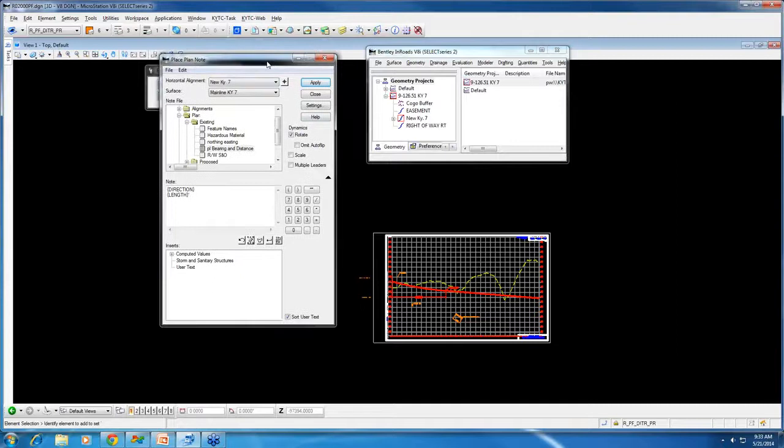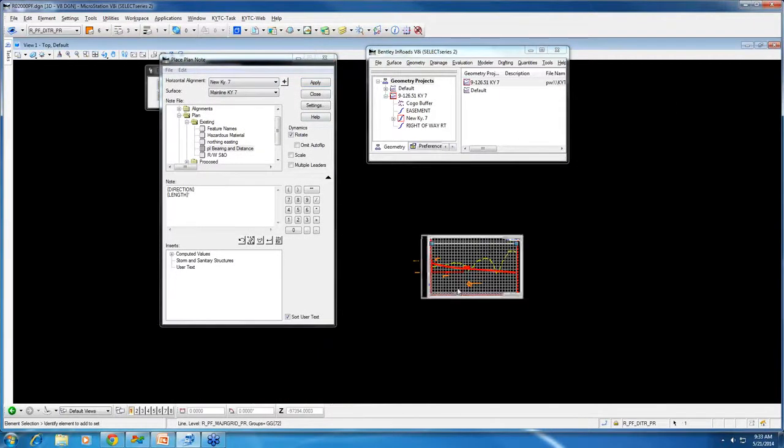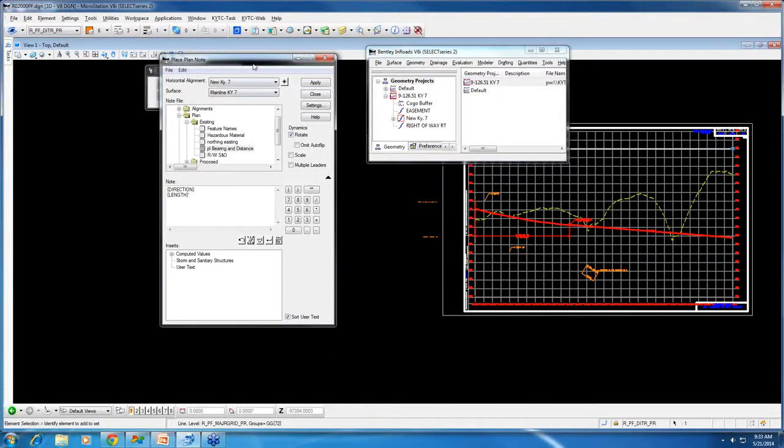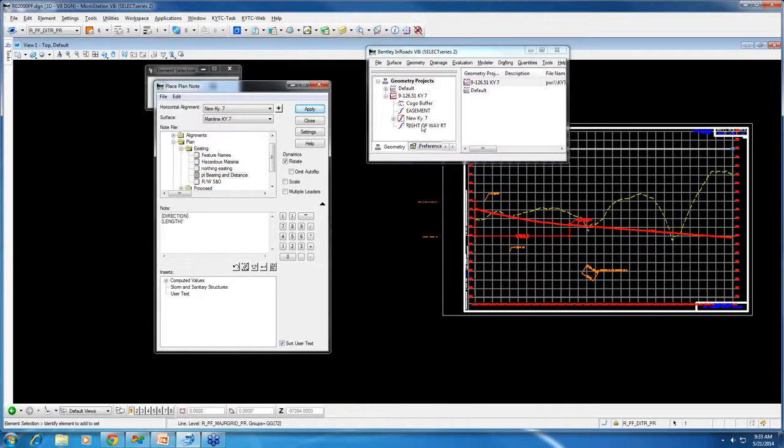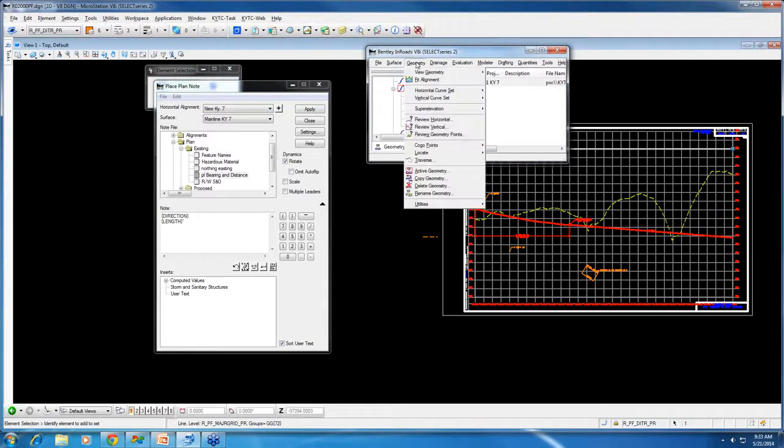And this would be the same way. You always have to check the scale. You know, if it's not 50 scale, you're going to have to change it. What we've got set up here too on this one is surface ditches. And the way we've been doing some surface ditches here is we'll go in and make it a vertical alignment off our main line. And you may or may not do it that way, but